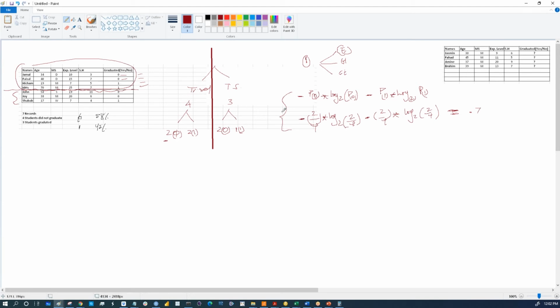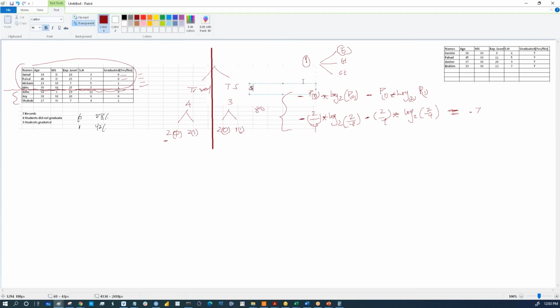So we simply calculate the uncertainty of the entire 80%. That is step number 1. Okay, step two